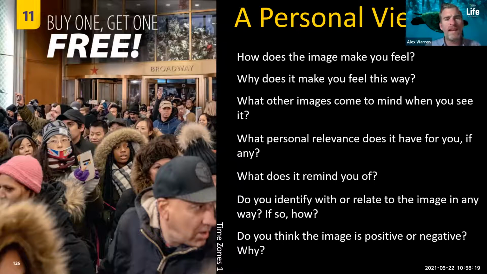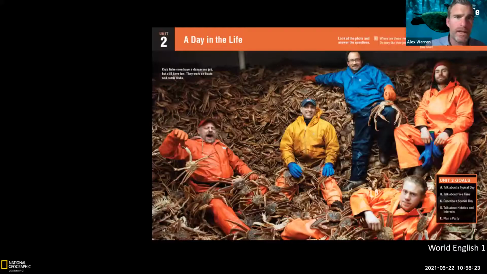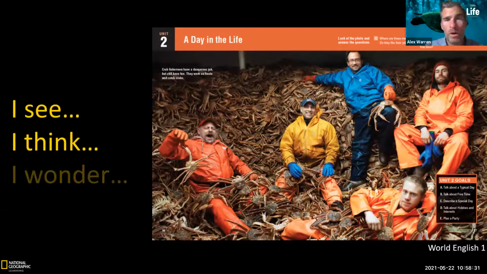And a similar kind of task, which again links your experiences and your knowledge to it, is another of my favorite tasks to do, called I See, I Think, I Wonder. You know, what can you see? What do you think? What do you wonder about the image? It's about making a personal connection. It's asking students, what do you want to know? What do you already know about it? So again, it's tapping into that knowledge.